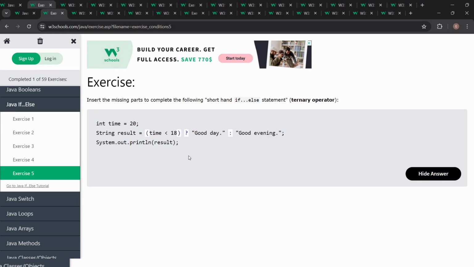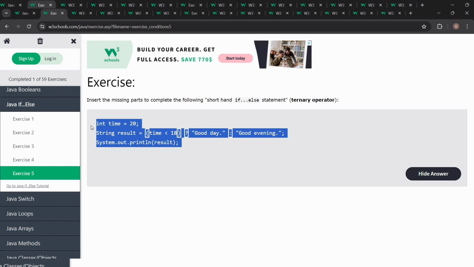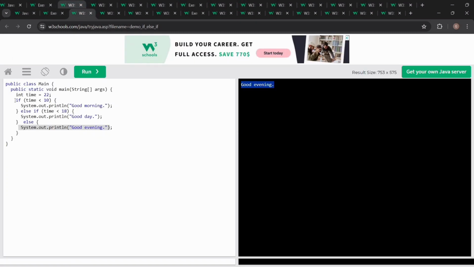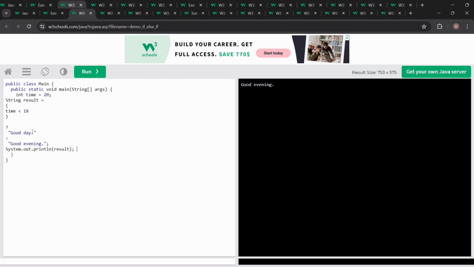We can give it like this also: bracket open, bracket close, question mark, and then the other. This we can copy and we can remove this code. Okay, we are printing this.